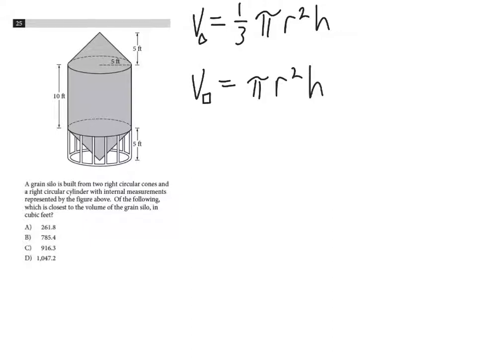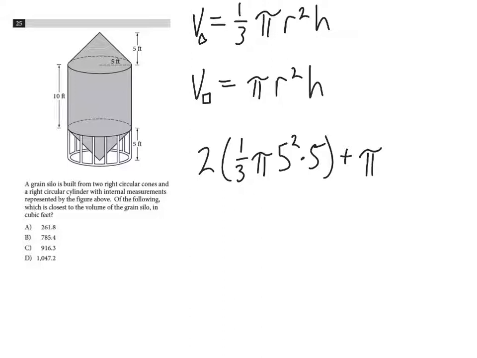Okay, so we know we have two cones, therefore we're going to do 2 times 1/3 pi. The radius of the cones is 5, so it's going to be 5 squared times the height of the cone, which is 5, plus we're going to need the volume of the cylinder, which is pi r squared, which is 5 squared times the height, which is 10. Okay,